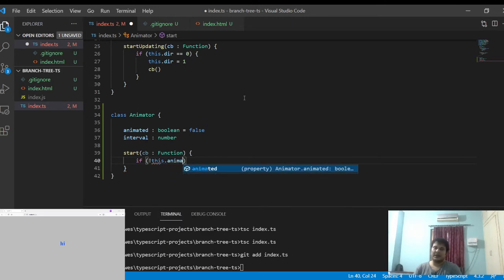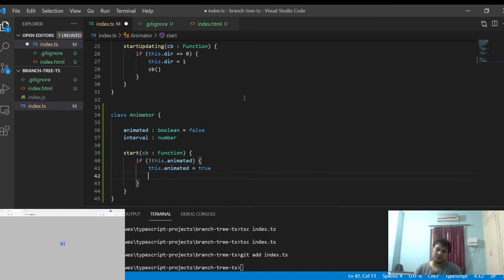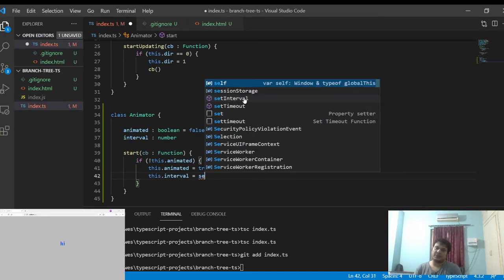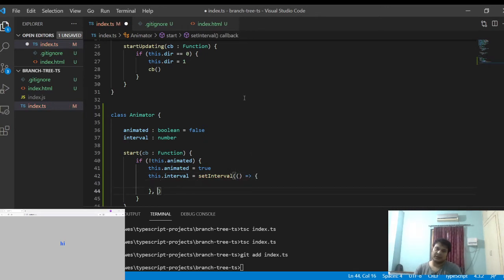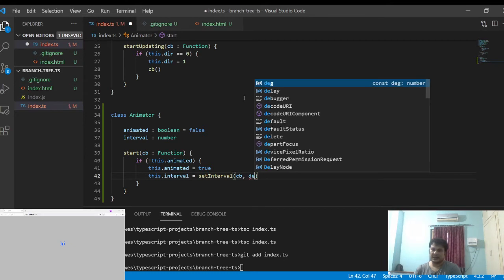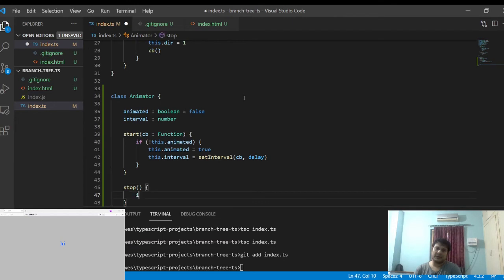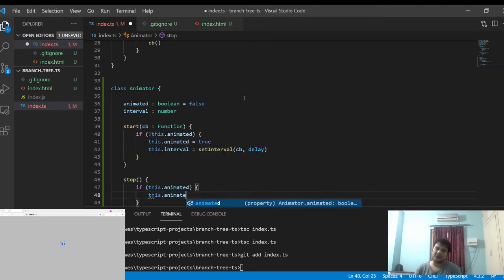If animated is false, then only we are going to start the animation by setting this.animated equal to true, and this.interval will be setInterval, whatever setInterval returns we'll store in interval. It will take a callback. Let's not worry about this here, and let us add delay here. And here we'll stop it when animated is true. So if this.animated, then set animated as false.